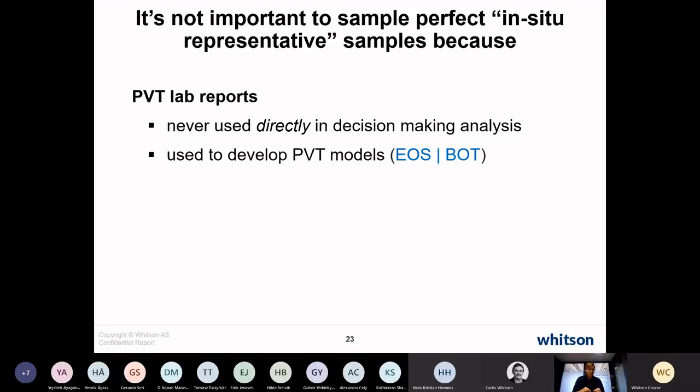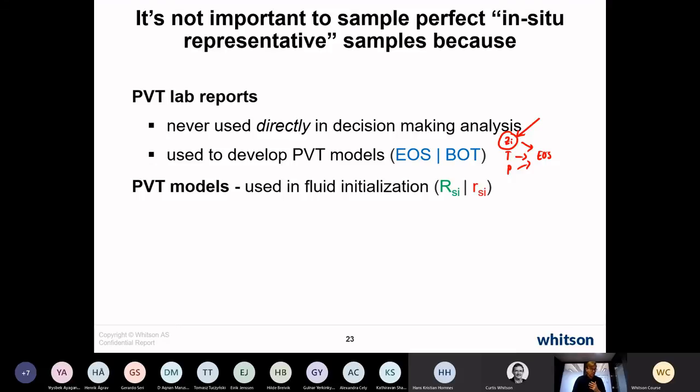And then after that, for instance if you have an EOS model, you have a model that can take in a composition, a temperature, and a pressure. And there's then the engineer's job, through a process like ECM, to find and input the right amounts of different components into the model to initialize the reservoir,